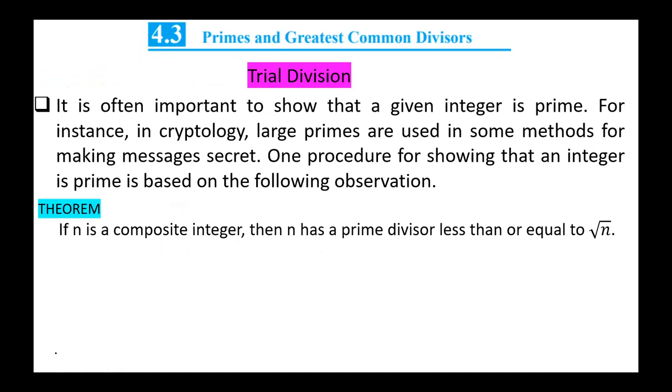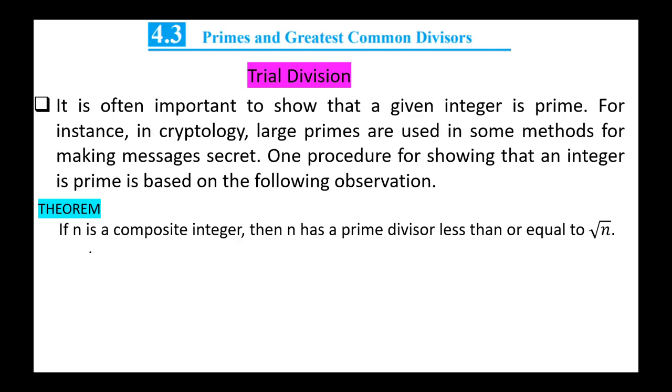Next, trial division. It's often important to show that a given integer is prime. For instance, in cryptography, large primes are used in some methods for making messages secret. One procedure for showing that an integer is prime is based on the following observation. Theorem. If n is a composite integer, then n has a prime divisor less than or equal to the square